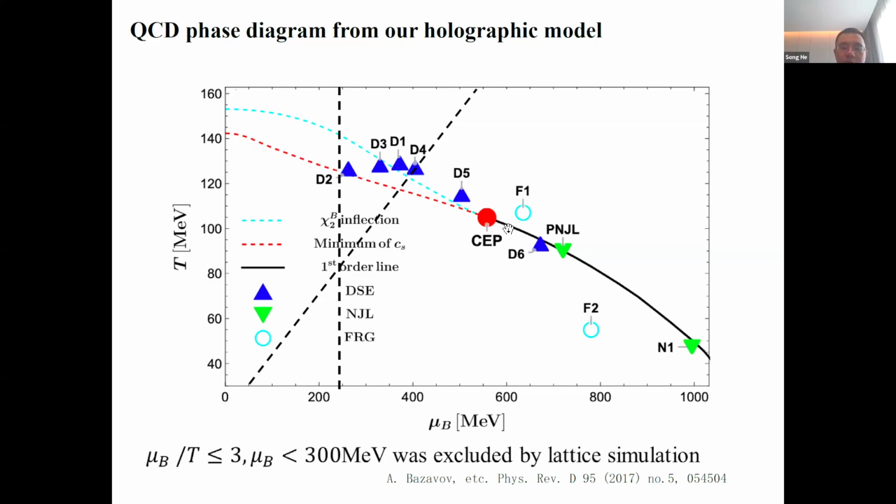This corresponds to the first order boundary between the Quark-Gluon plasma and hadron gas. This is the first order phase transition, and we found the first order phase transition between them. And there exists the so-called endpoint of the first order phase transition. And this prediction is consistent with the Dyson-Schwinger equation and with recent functional renormalization group. And the D6 is the so-called recent functional Dyson-Schwinger equation, and this corresponds to the functional renormalization group.